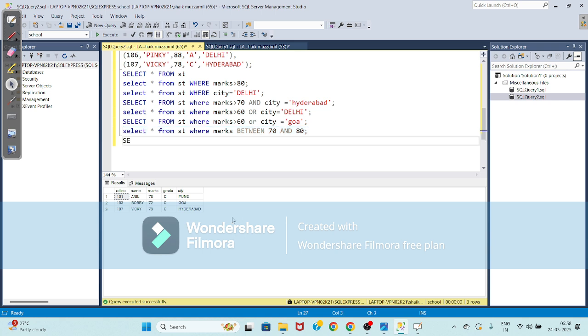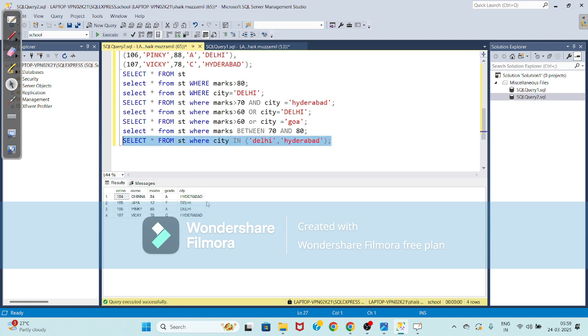Now select star from st where city in Delhi and Hyderabad.